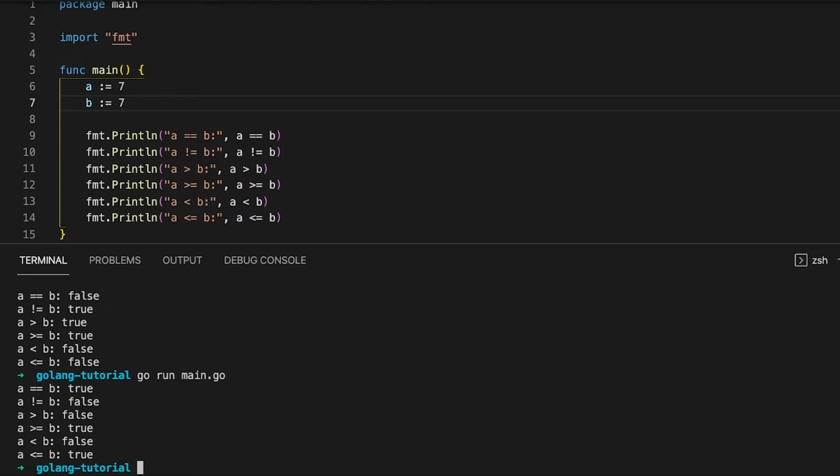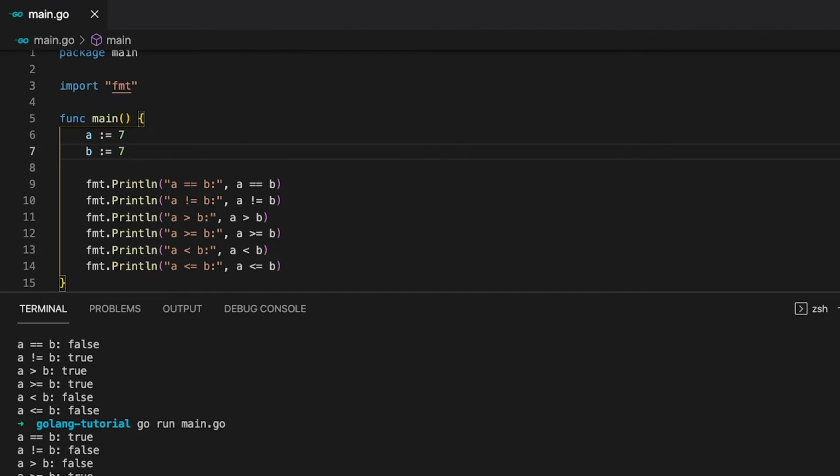The interesting part is right here. The greater than or equal, as well as the lesser than or equal expressions, this time both result in true. This will come in handy as soon as we talk about loops. Imagine you have a basket of apples, and you can take out one as long as the amount of apples is greater than or equal to 1, so you don't have to know the actual amount of apples. I know that this is a very simple example, but I hope it makes sense why this operator is so